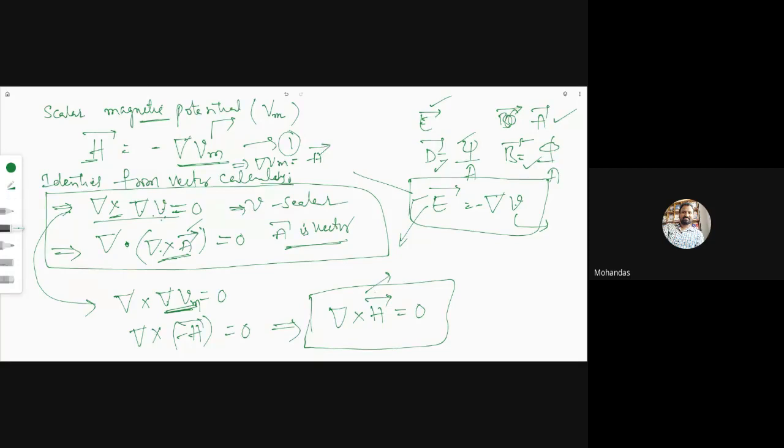What is Maxwell's third equation? Just now I have written. What is the Maxwell's third equation? Del cross H is equal to J. But from Maxwell's